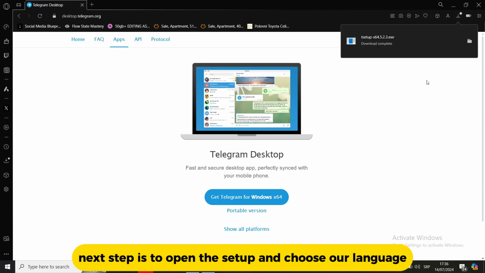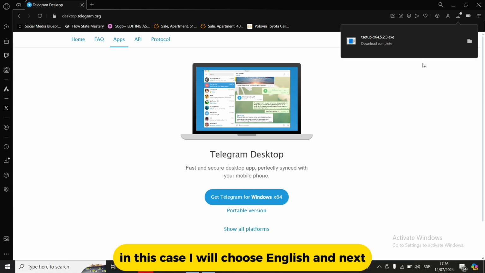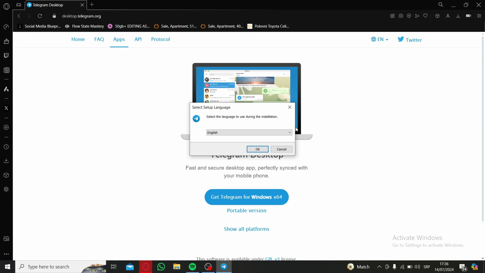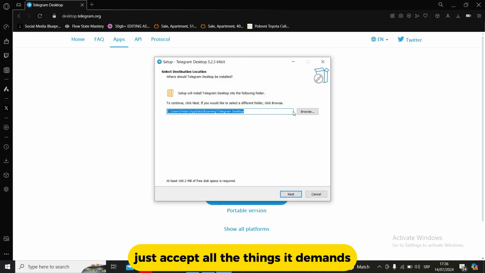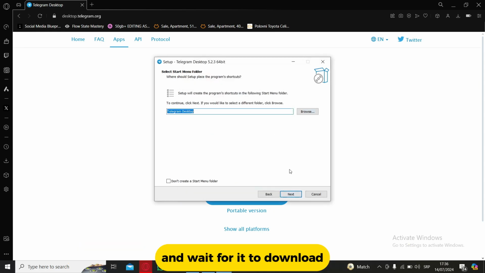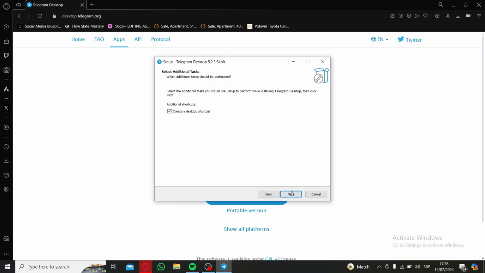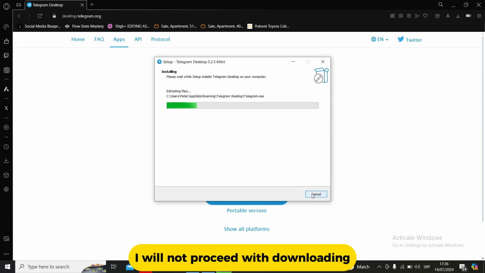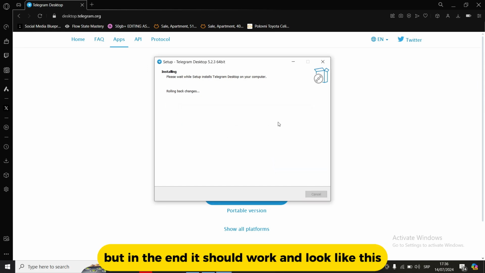Next step is to open the setup and choose our language. In this case, I will choose English, and next, just accept all the things it demands. Choose where you would like to download your Telegram and wait for it to download. I will not proceed with downloading because I already got it installed, but in the end, it should work and